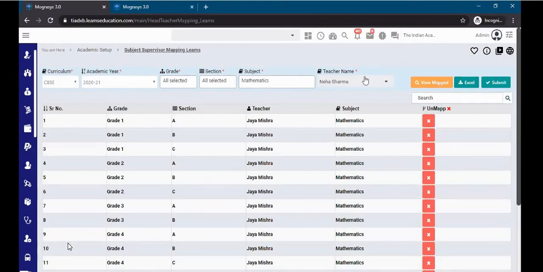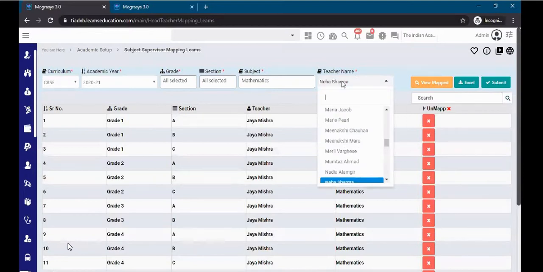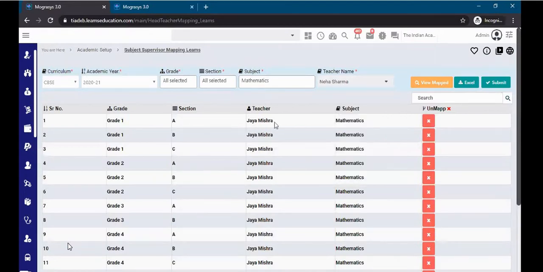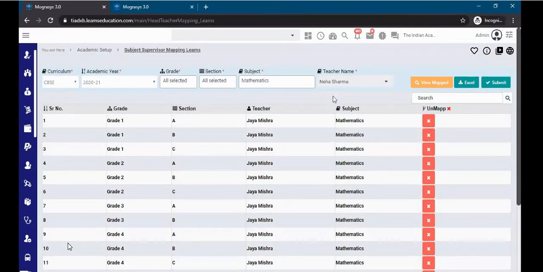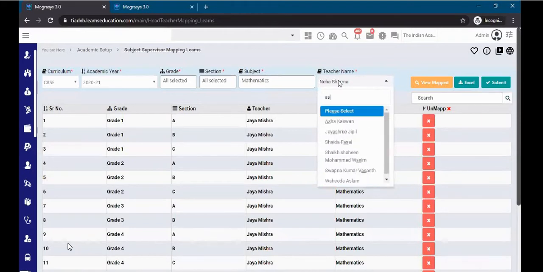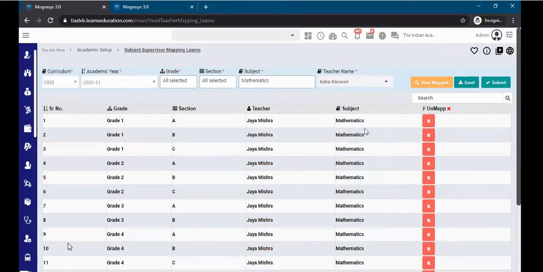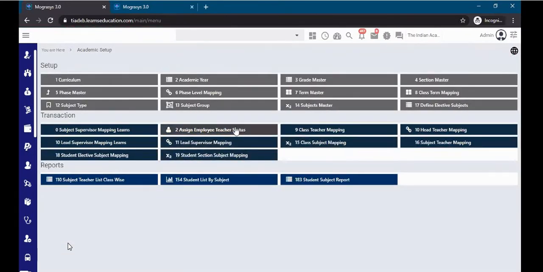If you want to change the mapping, for example, mathematics had Jay Mishra, and now you want to make it Asha Kaswal for the same primary also, just select Asha and click on submit. It will get replaced for all, whatever selection we have made. Clear?